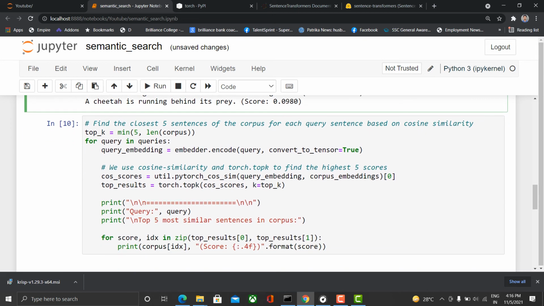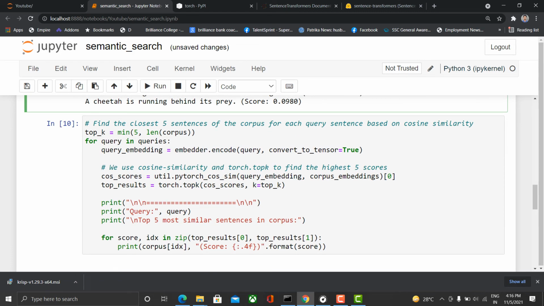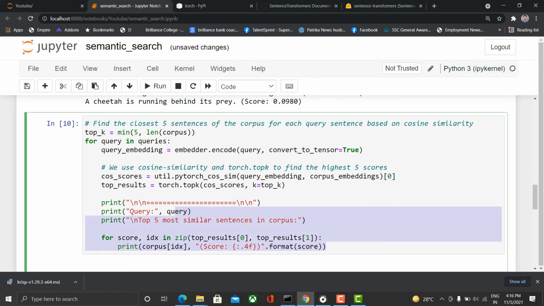Similarly, what we can do is keep a for loop so that we can do all the process together, and for each query we can find the corresponding top five matching elements. We already defined this, but we are doing it again for simplicity of your understanding. So here are the queries. We are taking one query at a time, and then performing the query embeddings and all the process that we had done previously. We are doing it in a for loop so that we can calculate all the queries at a time without repeating again and again.